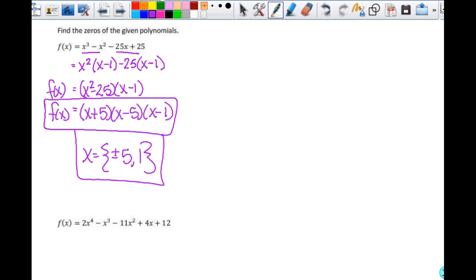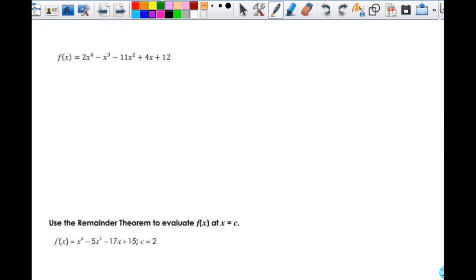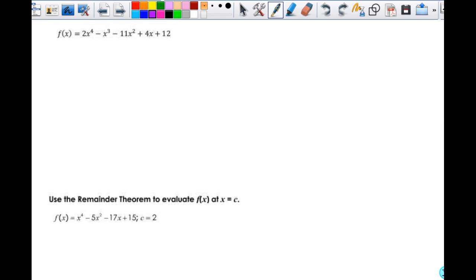All right, so now let's look at the next one. So the next one I have 5 terms. So factoring by grouping, not going to work for me. I don't know that factoring is just anything I can do at this point. So instead, I need to use the rational zero theorem, which means I need to come up with all the